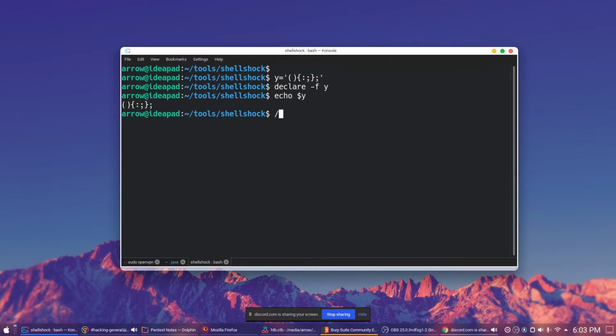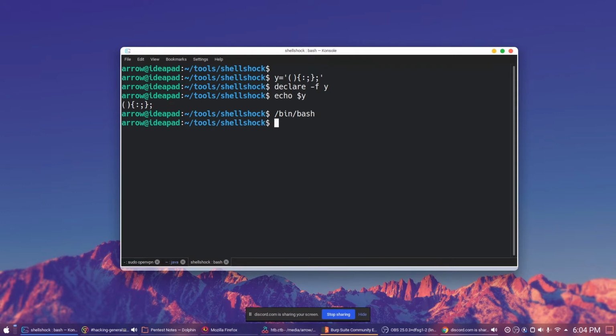Now I am going to spawn a child process, bin bash. Whenever this happens, this shell variable is going to be parsed by our bash. When it parses this shell variable, it sees the function syntax, which is the normal function syntax, so it creates a new function named y.